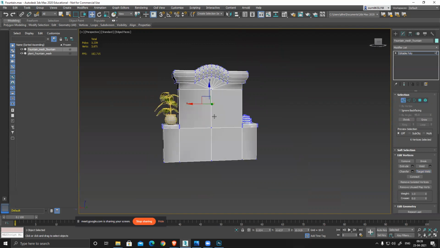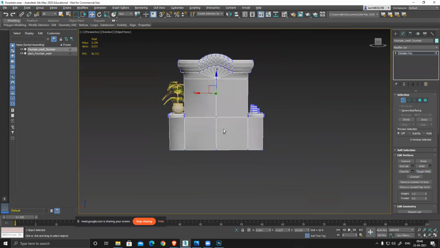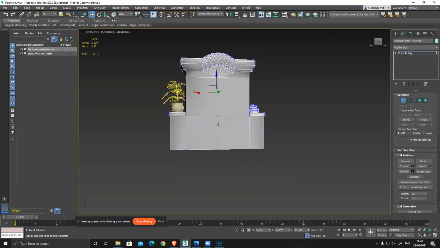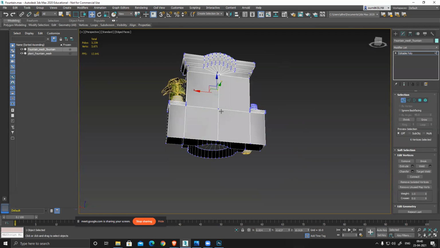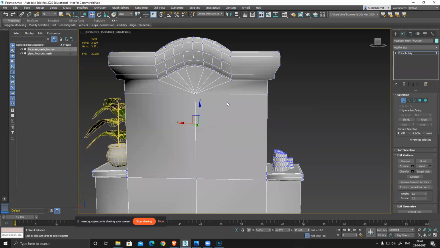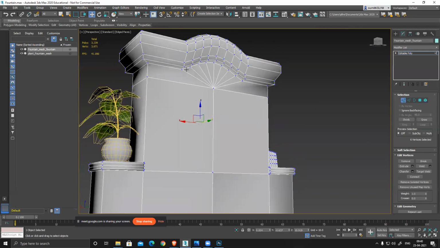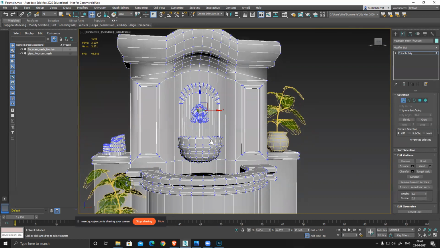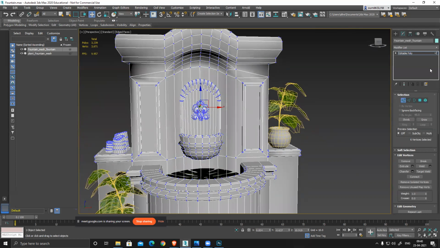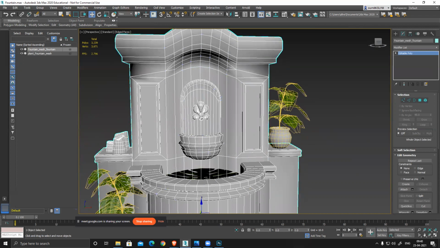Okay, undo it. Let's keep it like this, a little bit of this thing. That's fine. Because the backside is not visible, I can definitely optimize it if I want. I can get rid of these lines very easily, remove everything, and make sure it's quads, though these many triangles are okay on the backside. And okay, let's start with this water.